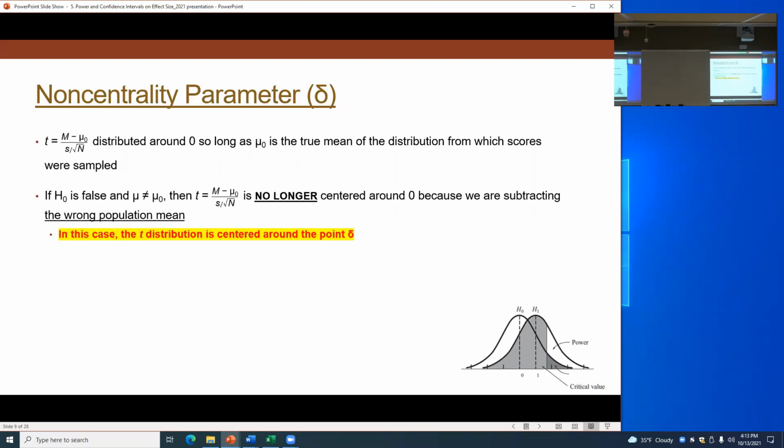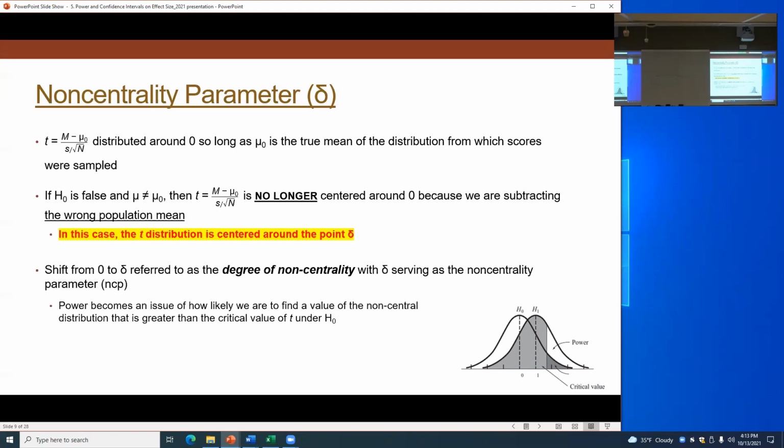But the population mean under the null isn't the population mean of my actual population. And so now we've got a discrepancy. And so what happens now is my t distribution is no longer centered at 0, it's centered around point sigma, okay? And sigma is our non-centrality parameter, okay? The shift from 0, from our central t distribution over to whatever that value is, we refer to that shift as our